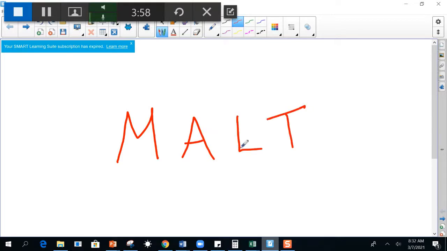M-A-L-T. And this stands for MALT. It stands for if you have more of something, it's going to shift away from that thing, the reaction, which makes sense. If I add too much product into my system, the system wants to use up that excess product I just put in, and it's going to shift away from that side in an attempt to bring down